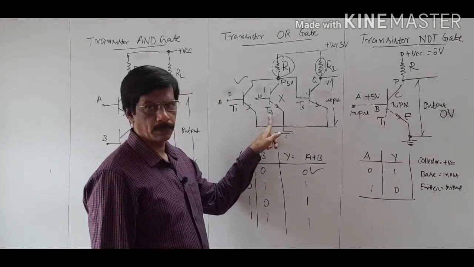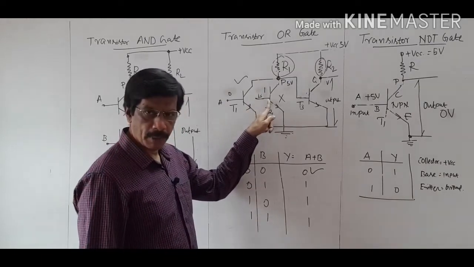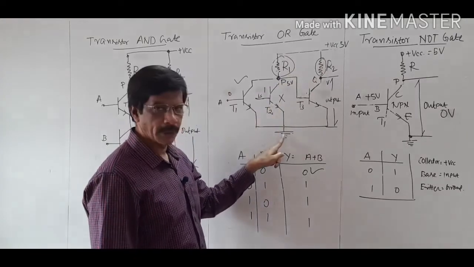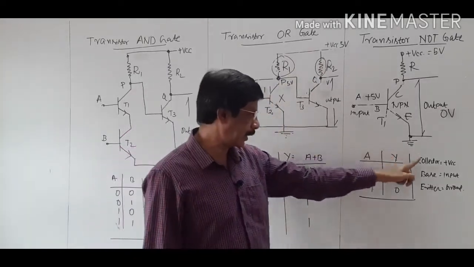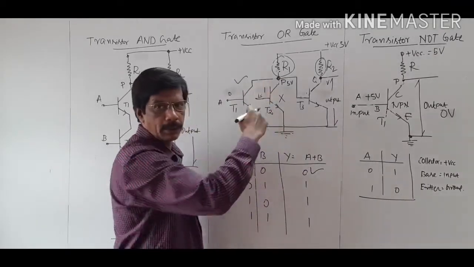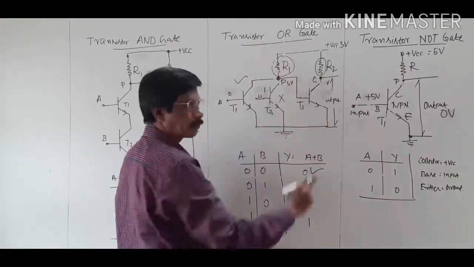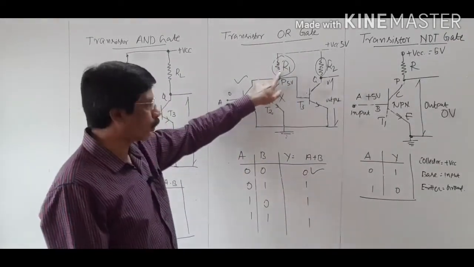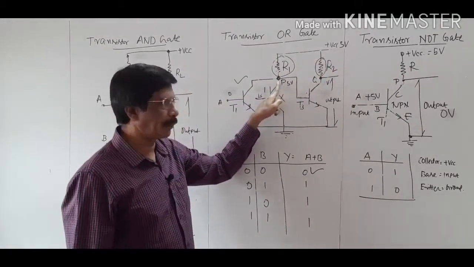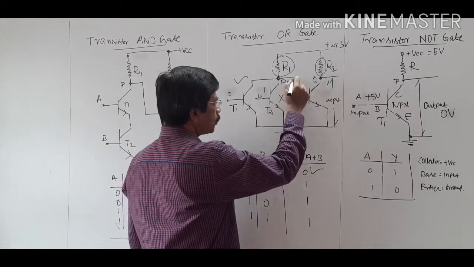Transistor T2. This transistor has input across the base terminal, collector is connected to plus VCC, emitter is grounded. So all these 3 conditions are satisfied for the transistor T2. It switches on, it starts conducting, generating current. That current is dropped here, R1. Because of this voltage drop, the 5 volt cannot enter the point capital P. Now the voltage across the point capital P is almost 0 volt.